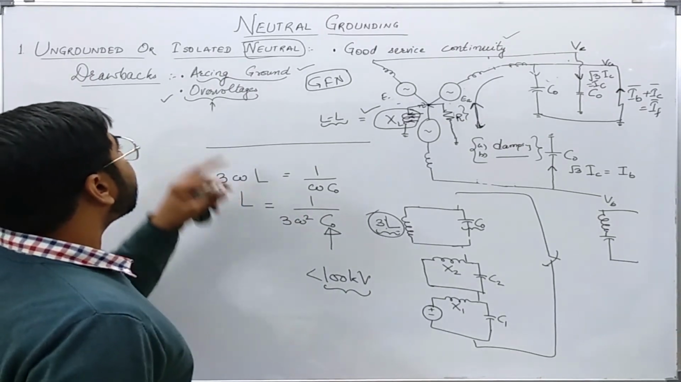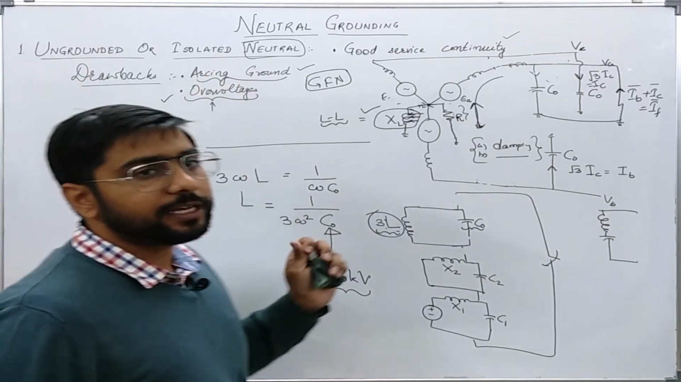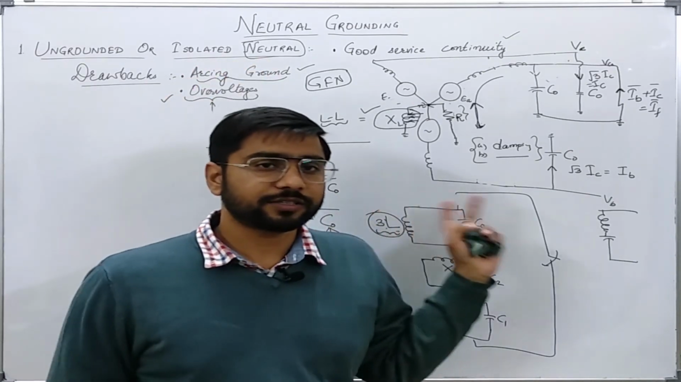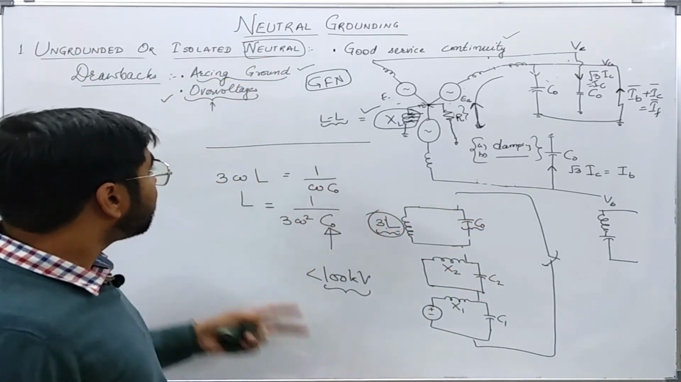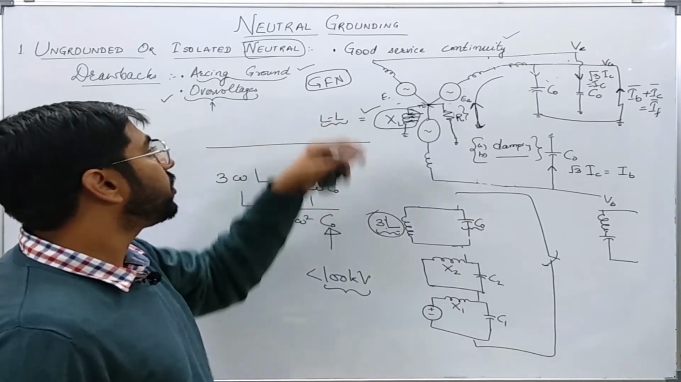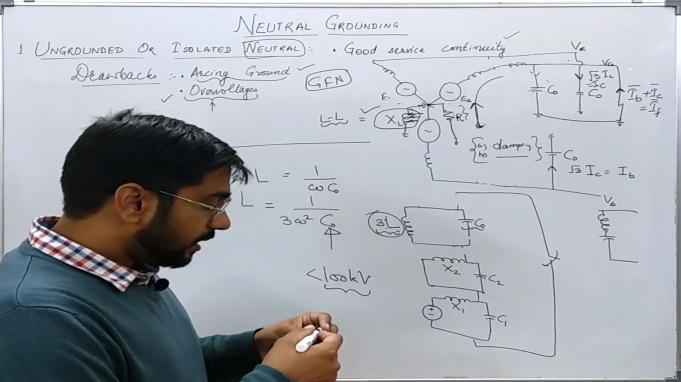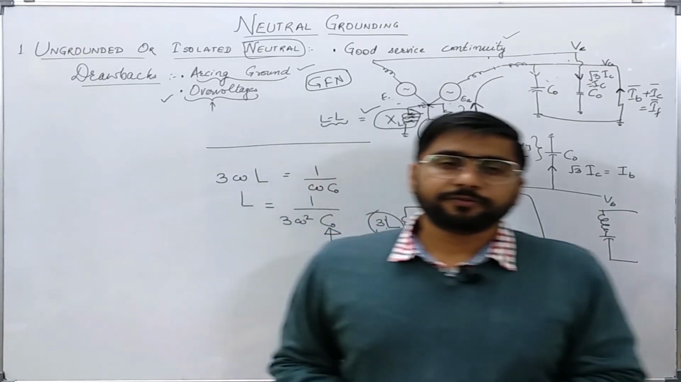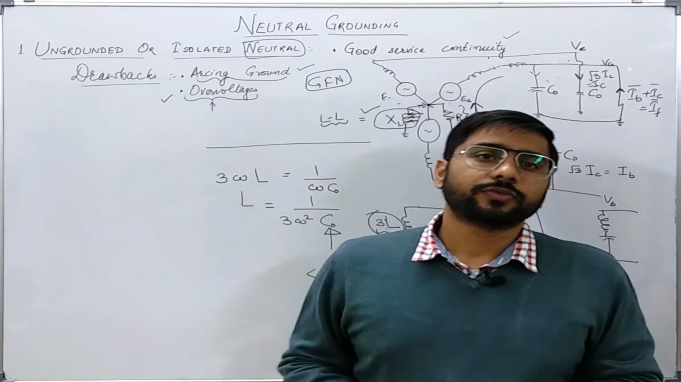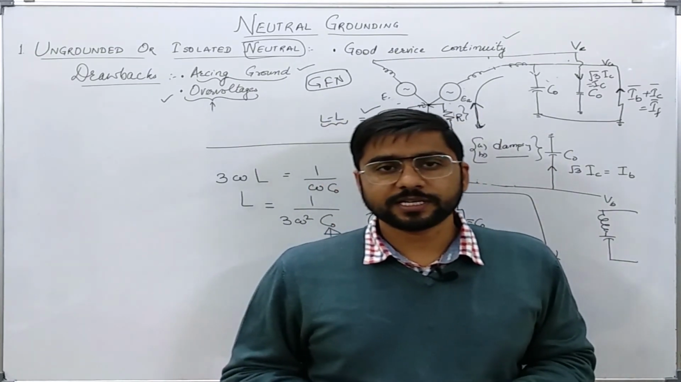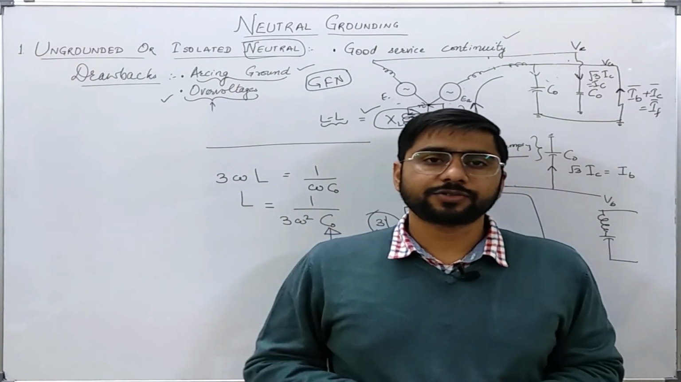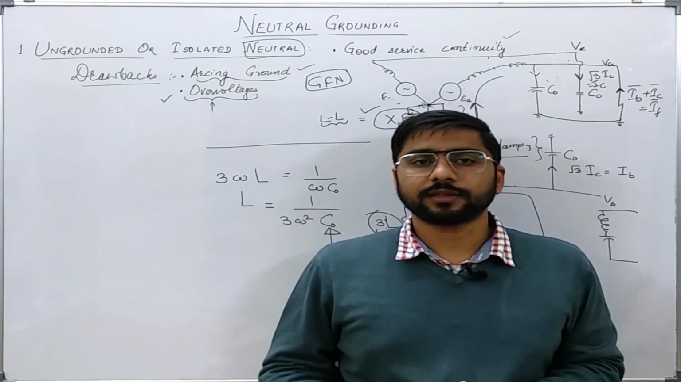So in this way I have tried to explain the isolated neutral system, the effective earth system, and the Peterson coil or the ground fault neutralizers. These concepts will be required when we study various relays and their settings for various kinds of faults, especially earth faults. So this should be easily understood by every student so that we can continue our study of